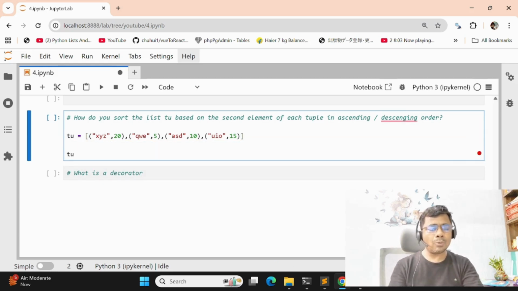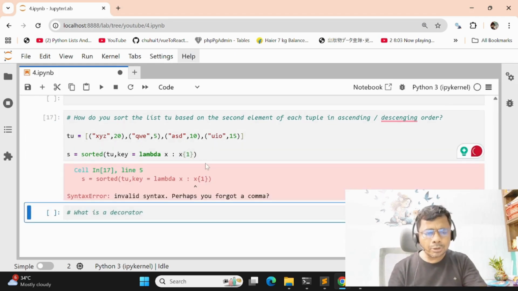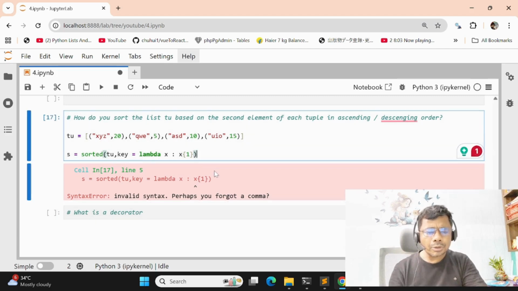Define tu as one variable, then s equal to sorted of tu, with key equal to lambda x, x of 1. Then some bracket issue here.